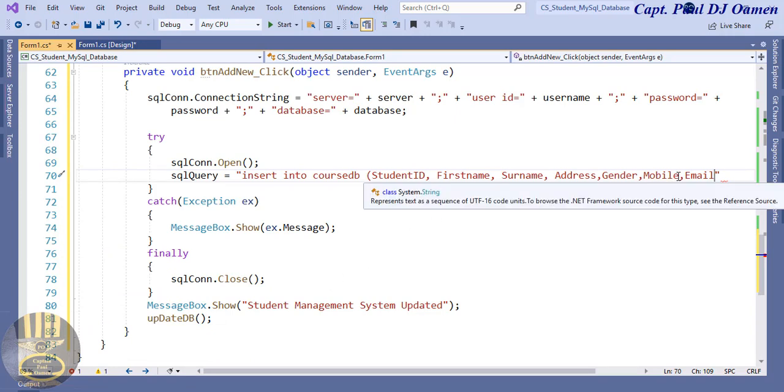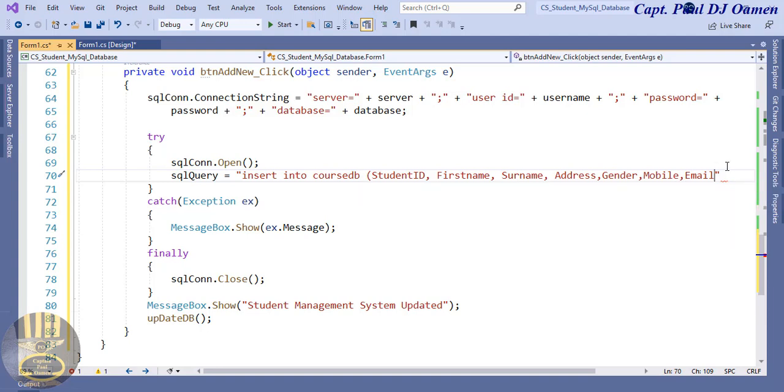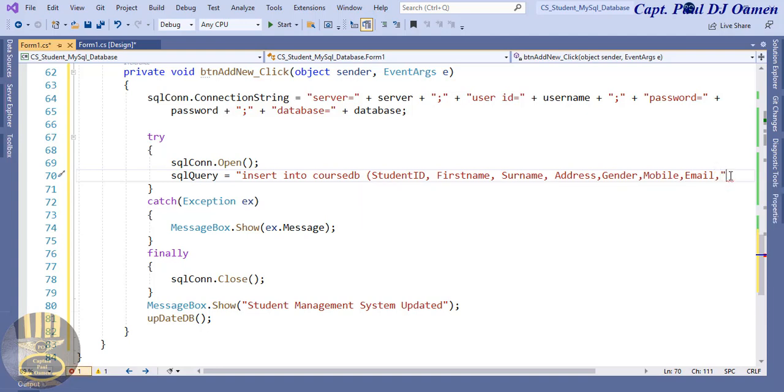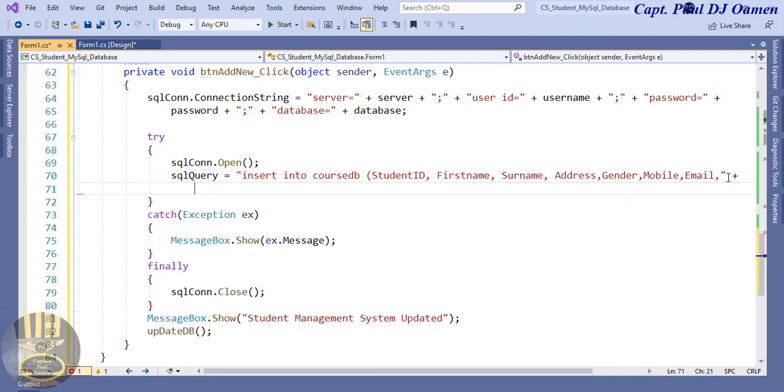We have email, up to email now. So I'm going to comma and just press plus, go to next line, and on the next line I'm going to have my, let's enter course, comma, course code, comma, home student,